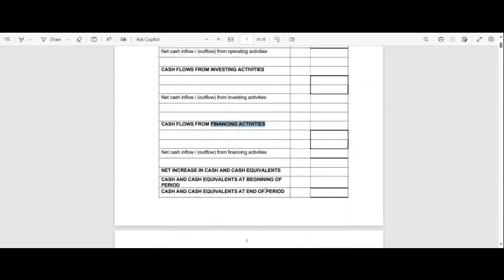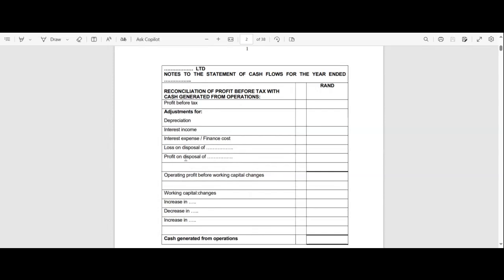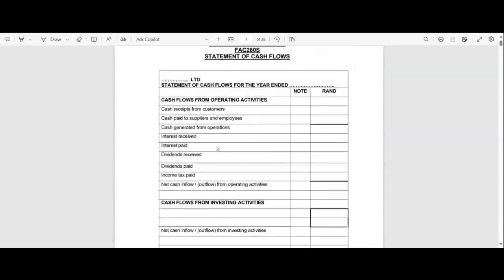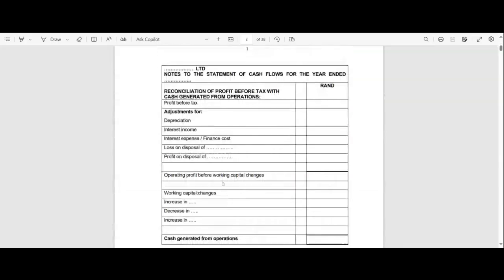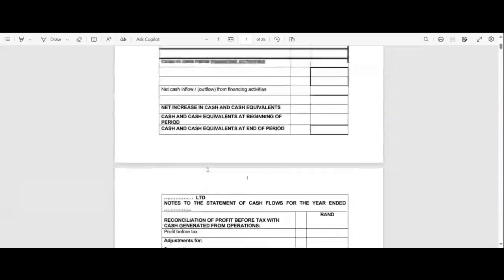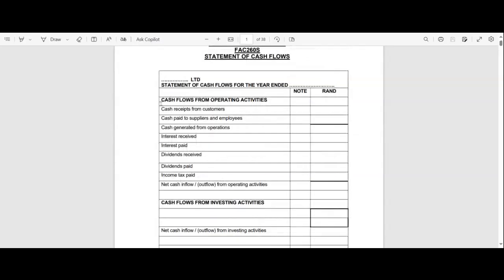We are also going to take them out. So those are the adjustments here, is to take out any income, any expense that relates either to other operating activities or investing activities or financing activities, which means that we are left, once we've done that, with a profit that relates solely to operations, right? But it's still a profit.